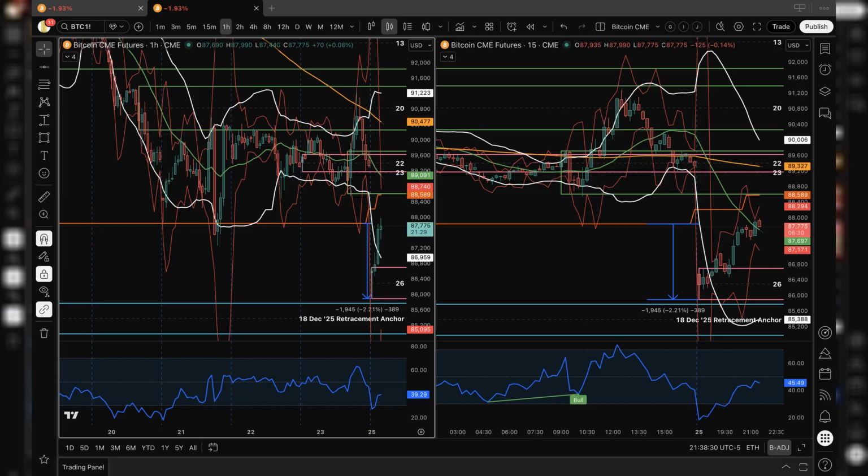As price moved higher, it approached the weekly 120 moving average once again. This interaction did not occur as a single test. Price approached the average, moved away slightly, and then returned to it, indicating repeated evaluation rather than immediate acceptance. At the same time, the 1-hour 120 moving average came into alignment with the weekly reference. This created a broader response zone rather than a precise level, increasing the likelihood of rotation rather than resolution.